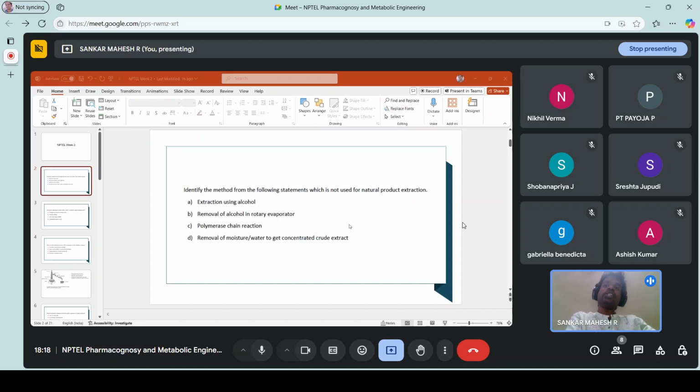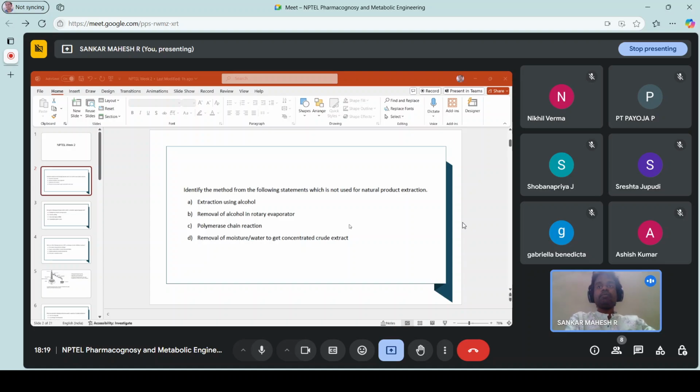This means that we need to remove the alcohol in which it was previously dissolved. So what we are doing here is similar to precipitating it. For that, we use a tool called a rotary evaporator. That is what option B is about. And option D is about